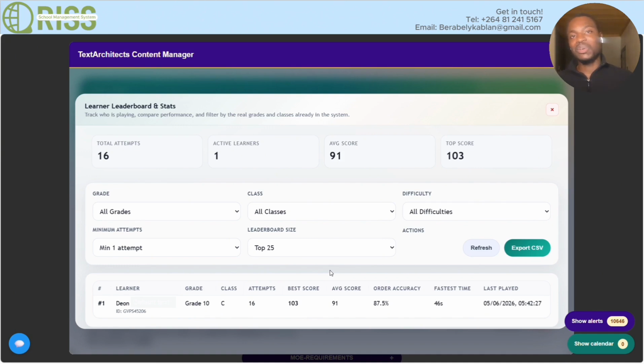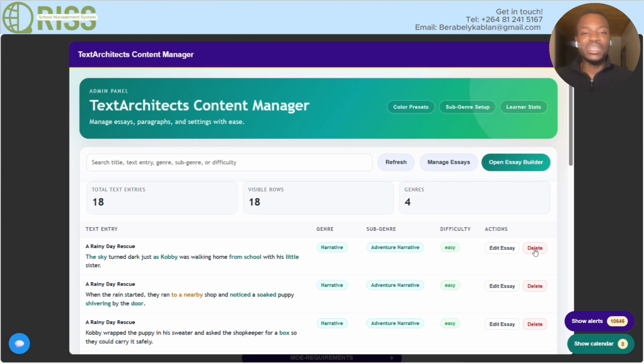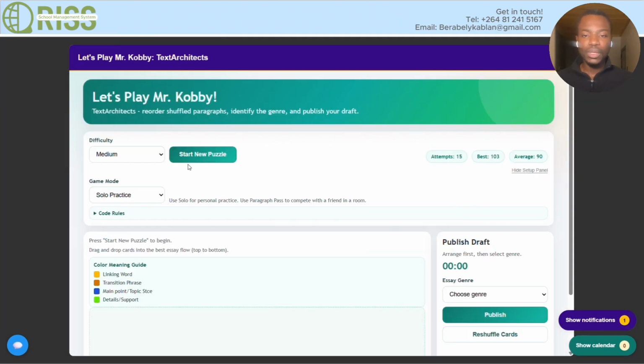One thing that makes it also fun is, as we are in class and I teach essay writing and learners produce good essays, to encourage them, I put their essay on the system and I write their name underneath, "written by". I believe it encourages them and makes them feel that they are also contributing something to education. So this concludes the presentation on the Let's Play Mr. Kobby module,